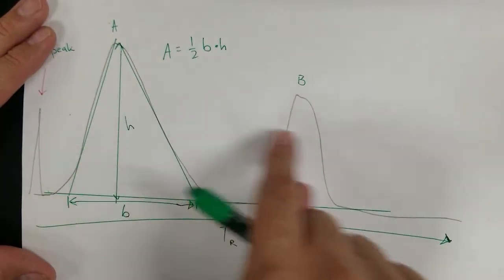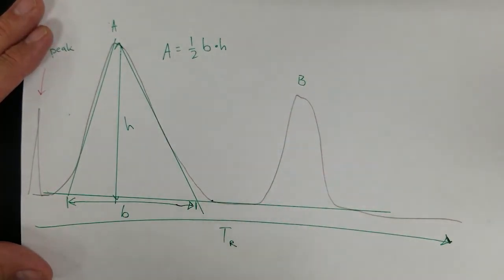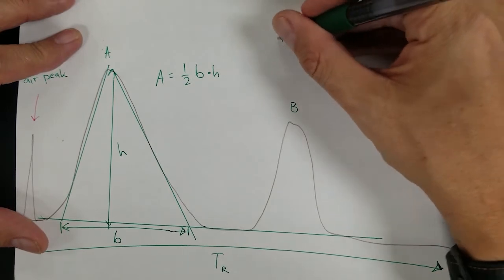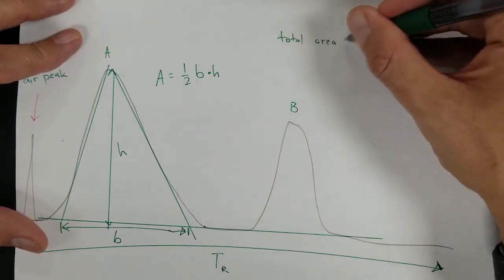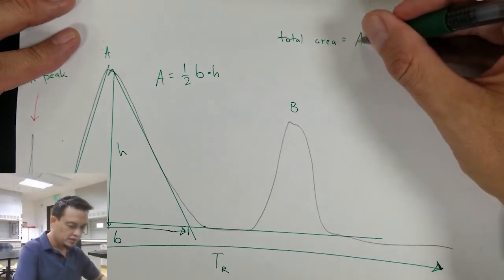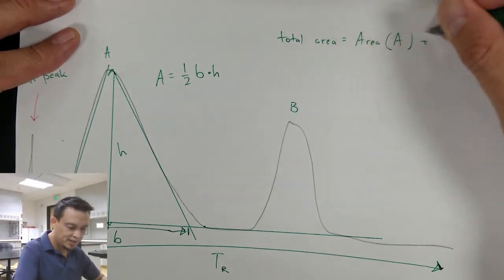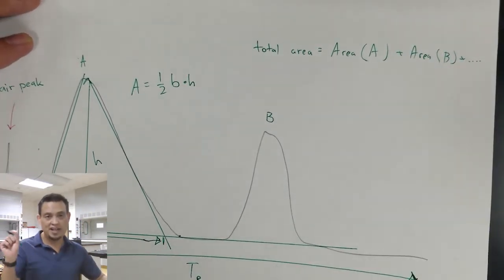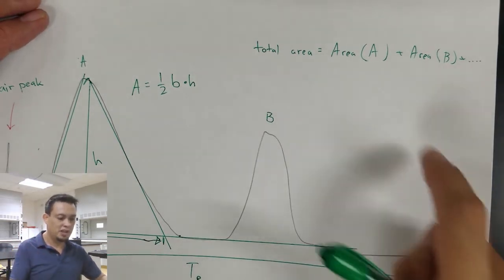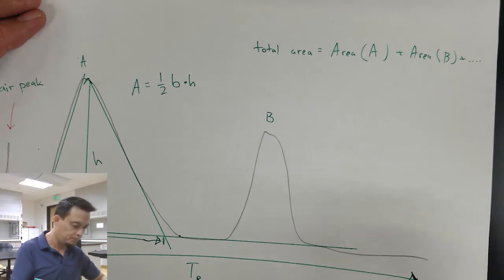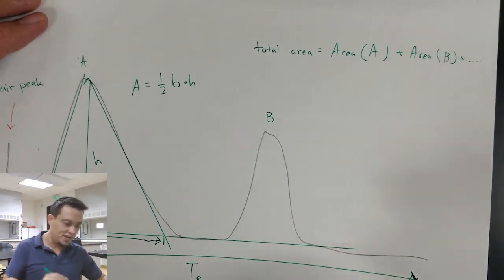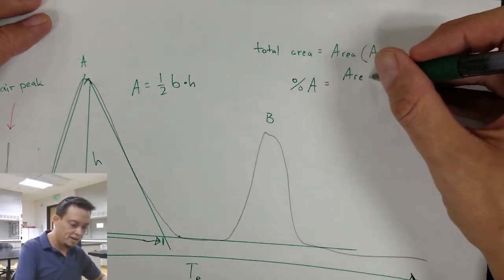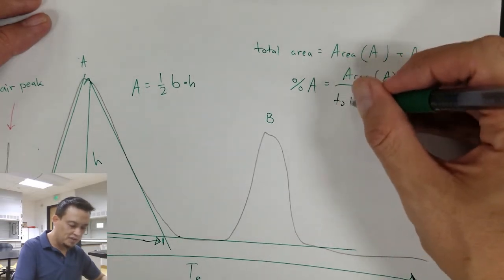You would then do this for each of the triangles. And then after you have the area of each individual triangle, you'll then calculate a total area. So we know that total area is equal to the area of A plus the area of B plus however many signals you have. Our actual data today is going to have 3, so it's going to be plus C as well on your actual data today. To then get the percent of just A, you're going to take the area of A and then divide this by the total area